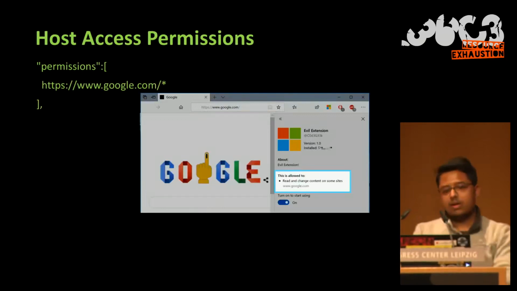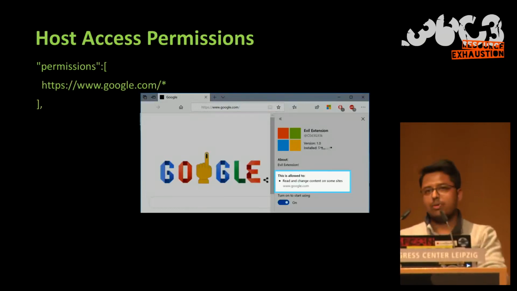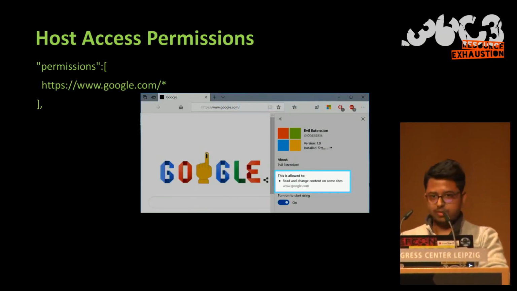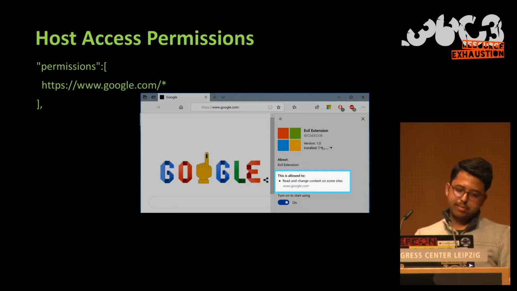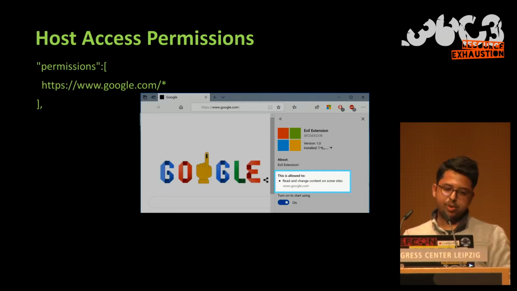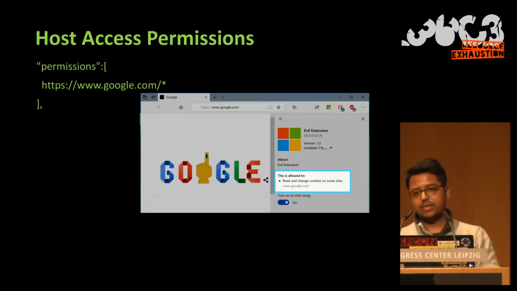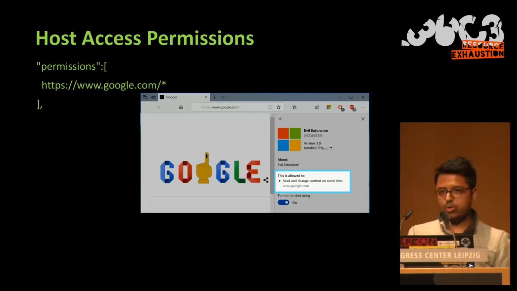So apart from these permissions, the most interesting permission that I was looking at is the host access permissions. A host access permission defines on which domains your browser extension should be able to run. So in this case, let's suppose we have assigned the permission http://www.google.com. That means this extension should be able to run on www.google.com only, not even the subdomains, such as developer.google.com or mail.google.com. You can also verify this with the tiny box that says this is allowed to read and change content on some sites,